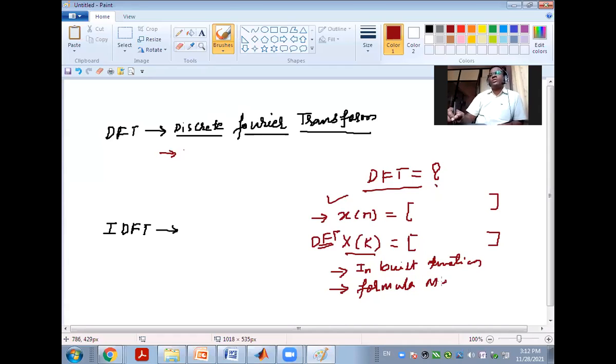So there are two ways of writing a program for calculating the DFT of a sequence. One is the inbuilt function of MATLAB, and the second one is the formula method.